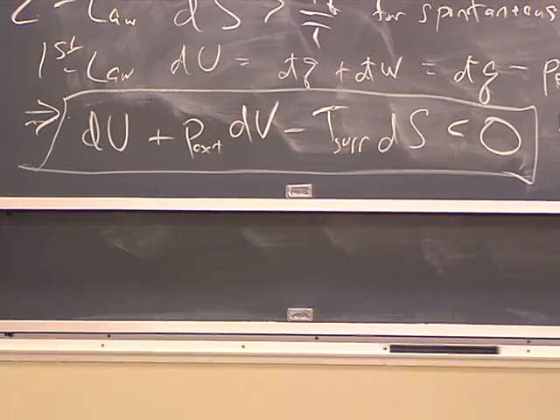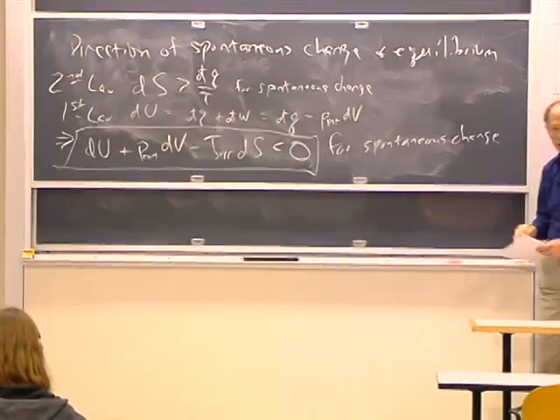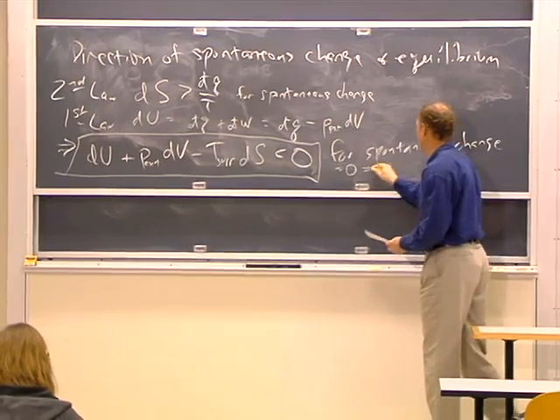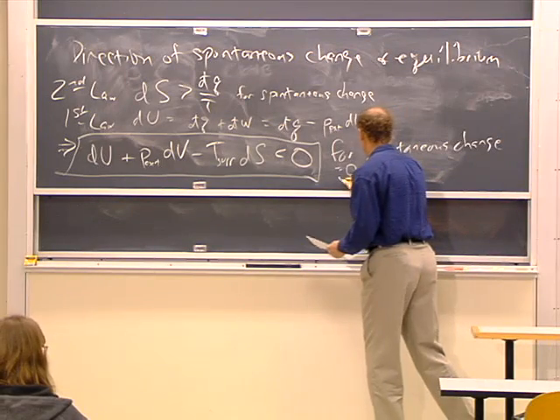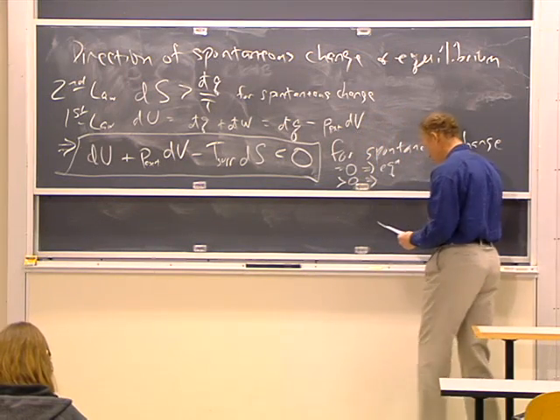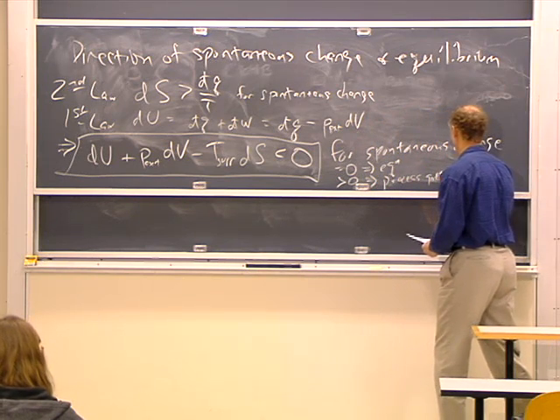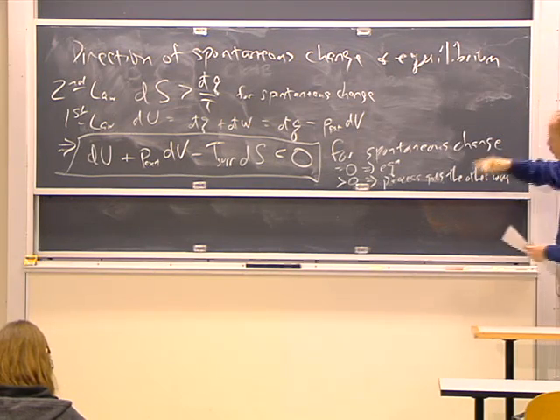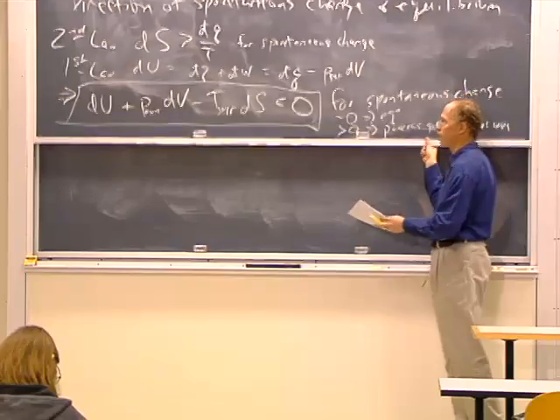And this is for any spontaneous change. If it equals 0, then we're at equilibrium. And if it's greater than 0, then the process goes the other way. We would write the process in the reverse to have it be less than 0, and it would go spontaneously. And based on this one result,